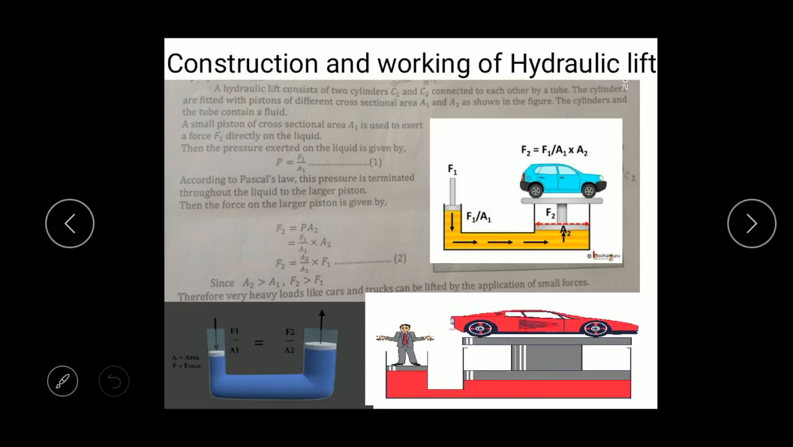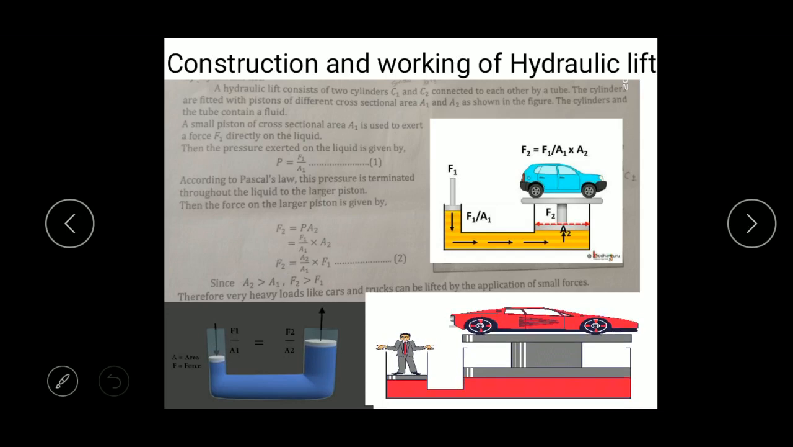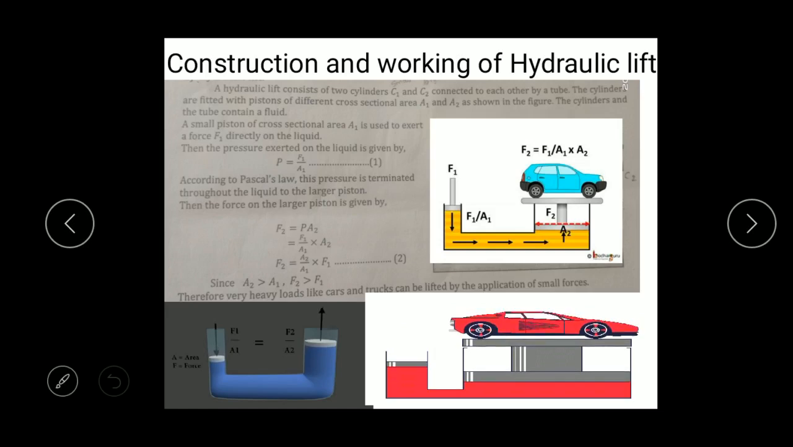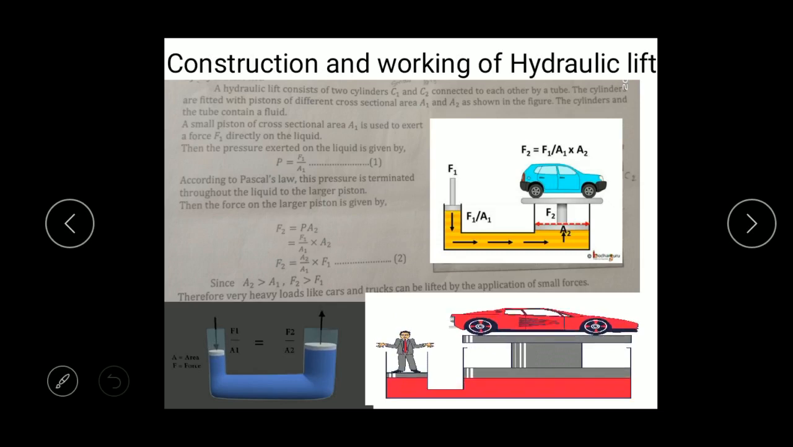Therefore the force at the large piston is increased by the factor A2 divided by A1. So F2 is equal to A2 divided by A1 into F1. So we are getting here F2 is greater than F1. It means what? The force on the larger piston will be much more than the force applied on the small